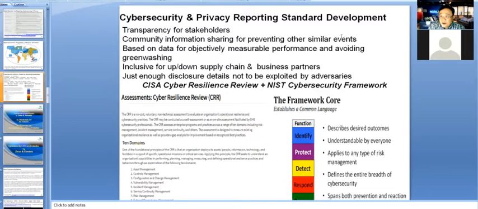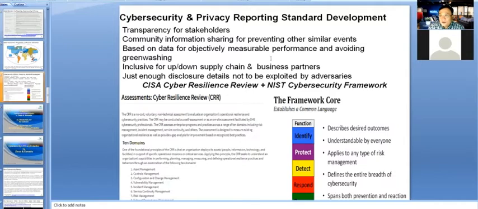This will be a very hot topic, because there are many standard development bodies related to ESG reporting, and there is a trend that they are going to unify. This issue will be very significant, and it will require cybersecurity and privacy experts like you to join in working out the best way to reveal this information.